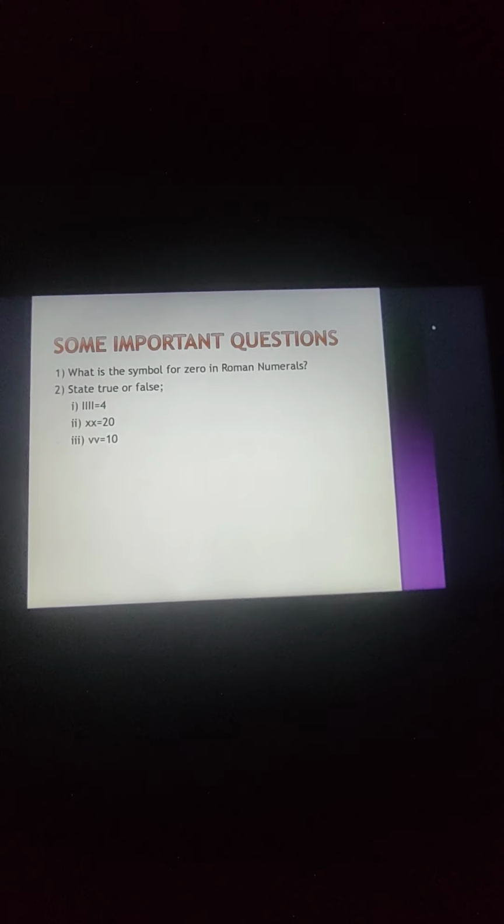VV is equal to 10. We all know that V is represented for 5. So here 2 V is there. So 5 plus 5 equals 10. But it is wrong, because if you remember the fourth rule of Roman numeral, there I have said that 3 symbols